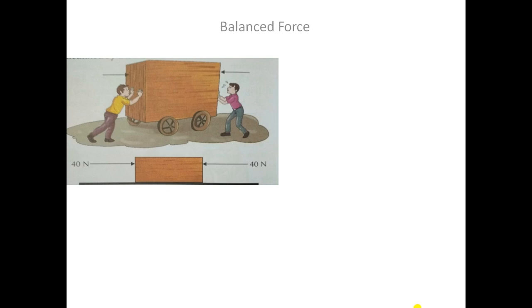What happens then? He starts pushing the heavy object in the opposite direction by applying 40 Newton force, since both the forces are applied at the same point but in opposite directions. So what can be the resultant force?